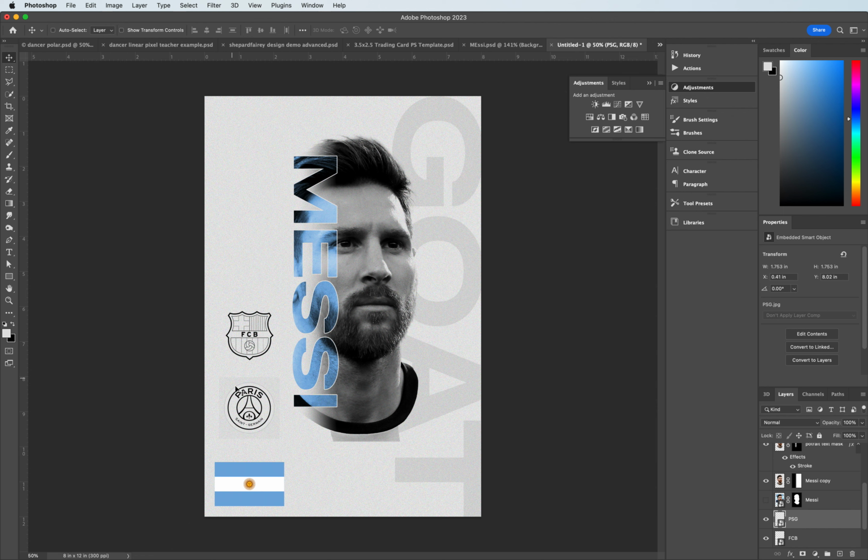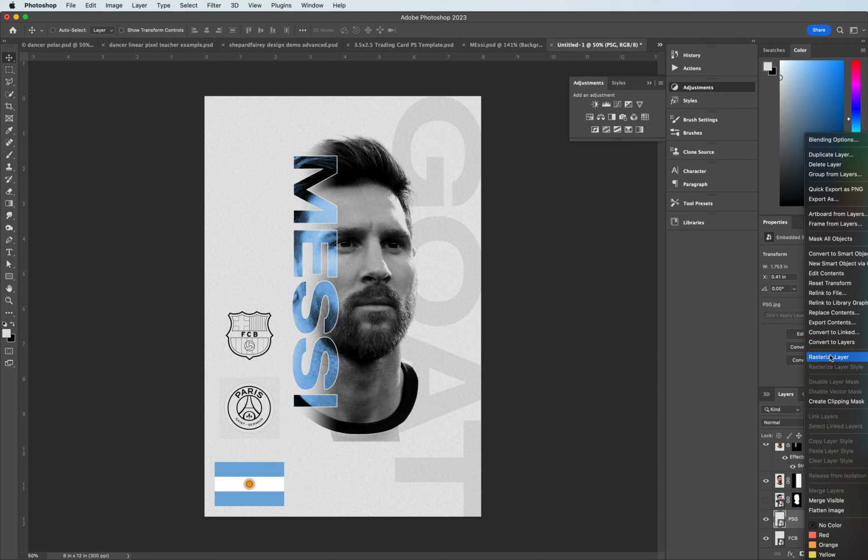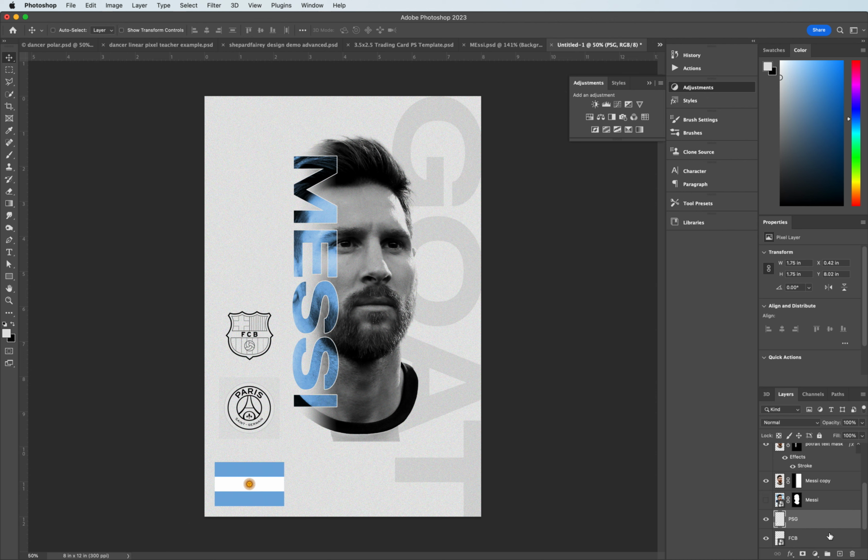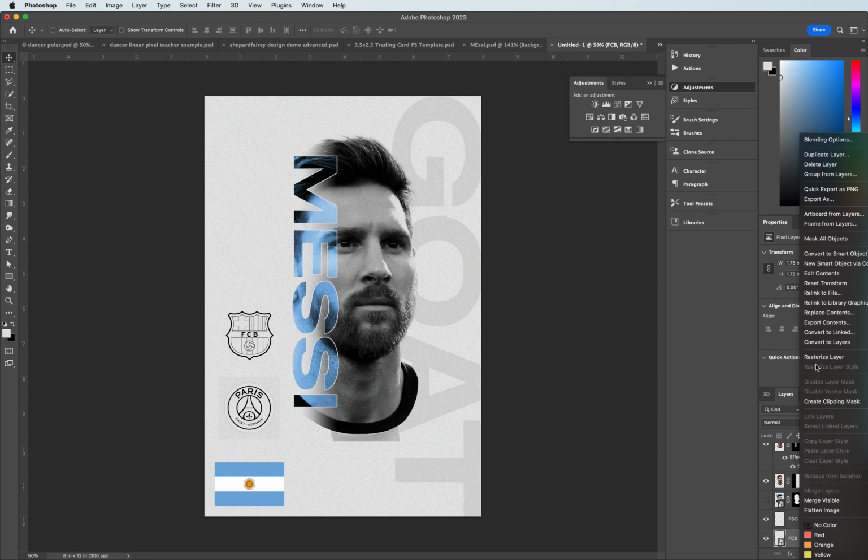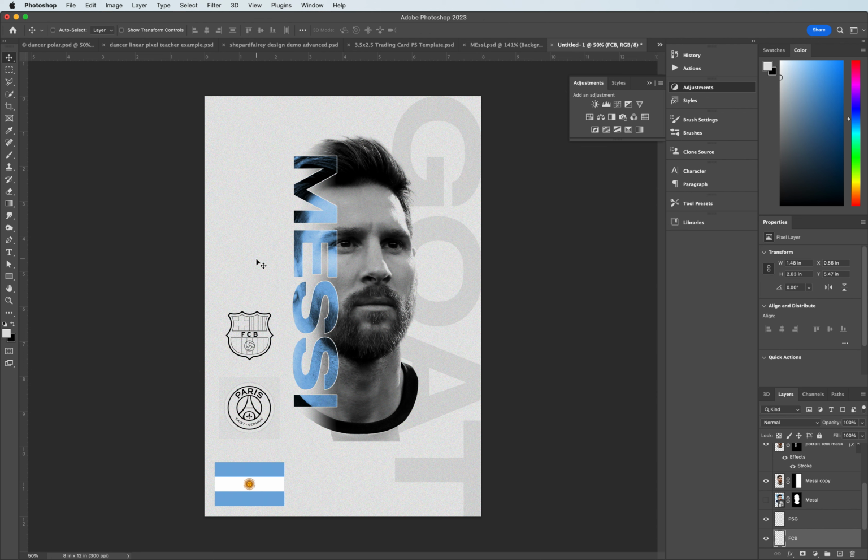Finally, looking at the details on this, I can look to affect some of the features. I want to first right-click on the layer for PSG. Again, rasterize the layer so we can affect it. Same thing with the FC Barcelona. Rasterize it. I can use the magic wand to select around the area. Cutting out the needless area, I can just simply select using the magic wand, hit backspace, deselect, and now if